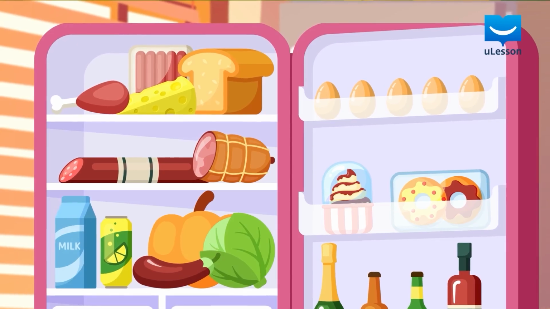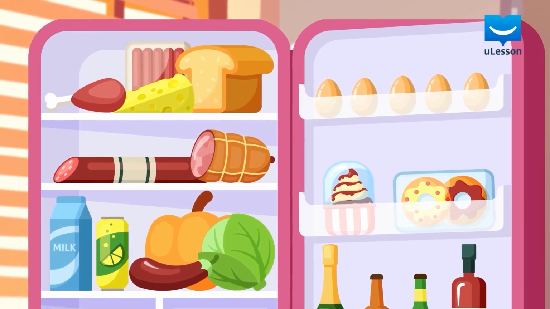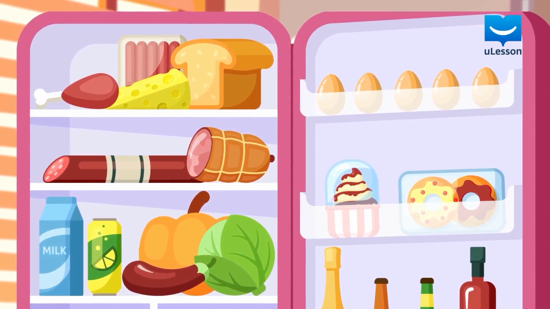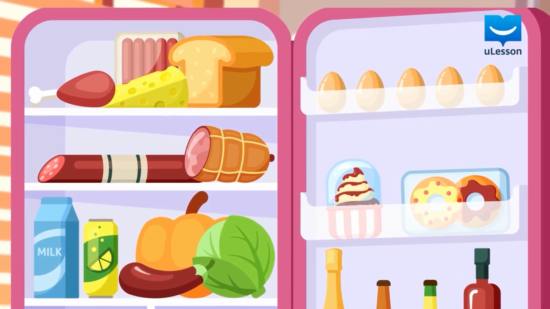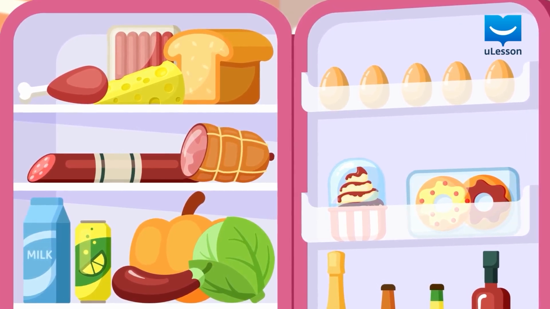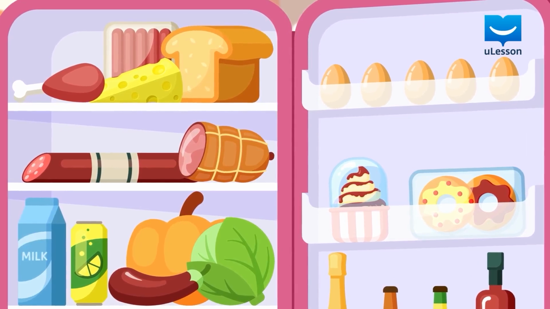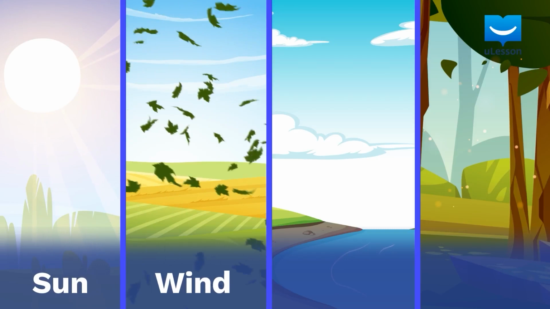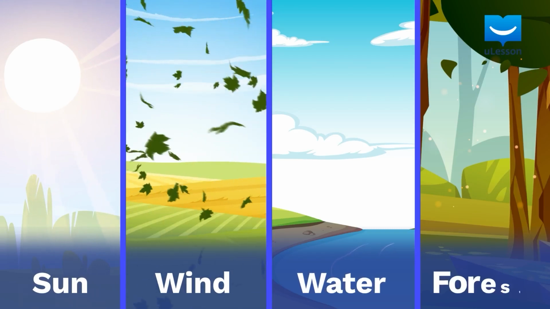Renewable resources are like a well-stocked refrigerator. Just like a fruit tree can continuously produce fruit as long as it is properly nurtured and cared for, renewable resources can be replenished or regenerated naturally over time. Examples of renewable resources include sunlight, wind, water, and forests. These resources have the ability to replenish themselves naturally, but we need to use them wisely to ensure their long-term availability.